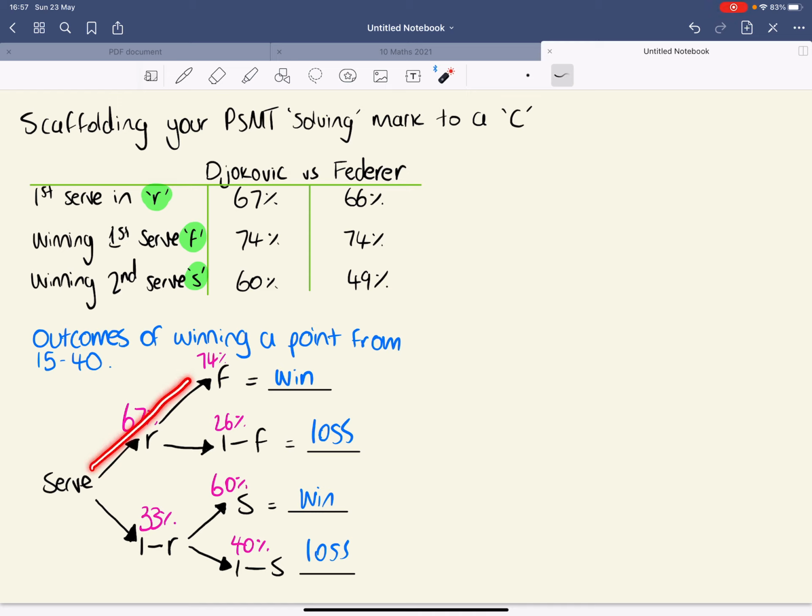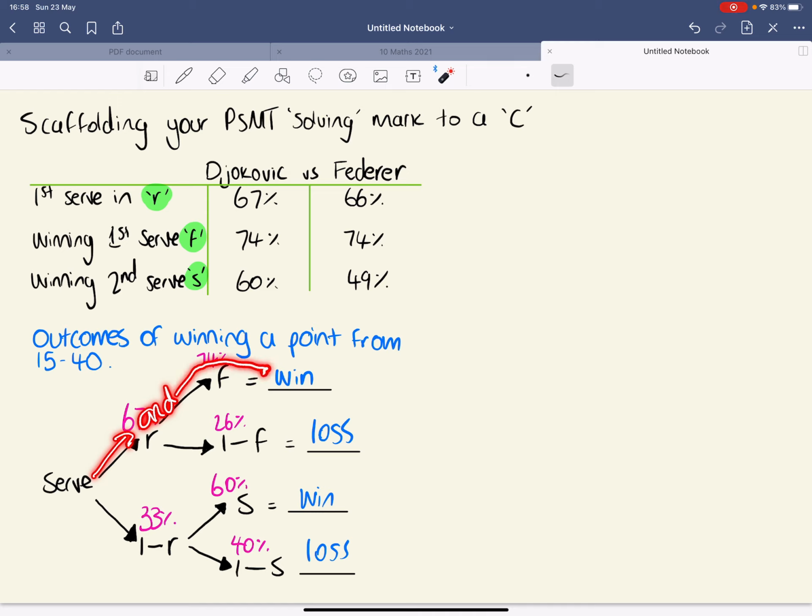This pathway here, so getting it in on the first serve and then winning that point, that leads to a winning of the point. Not getting in on the first serve, but then having another go, getting it in and then winning that point is also the other pathway to winning the point. All right. What we are trying to look for is the probability, ready, that this and this will happen,